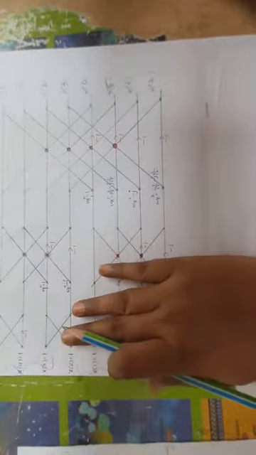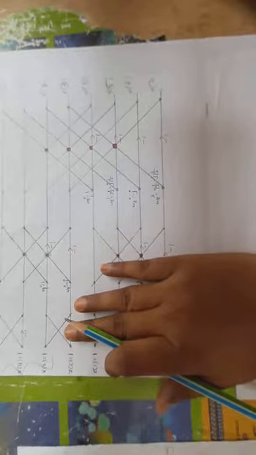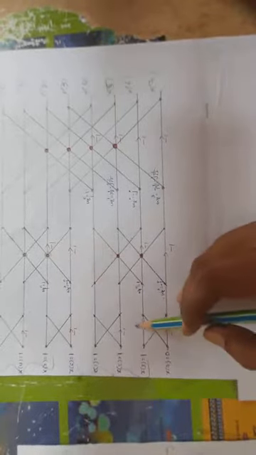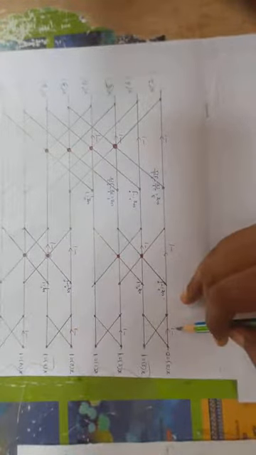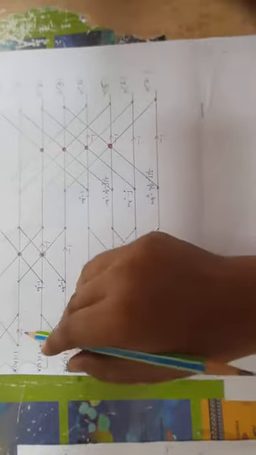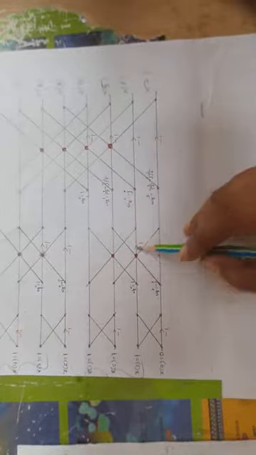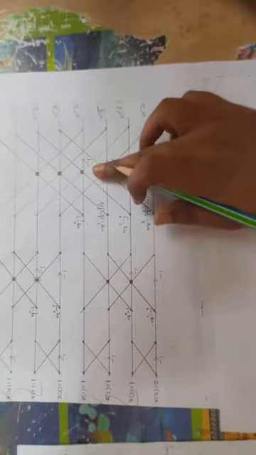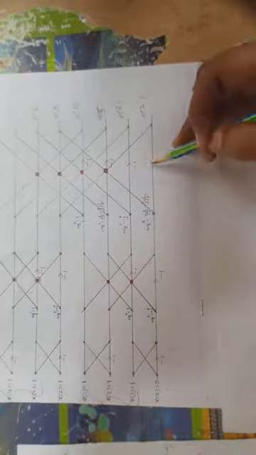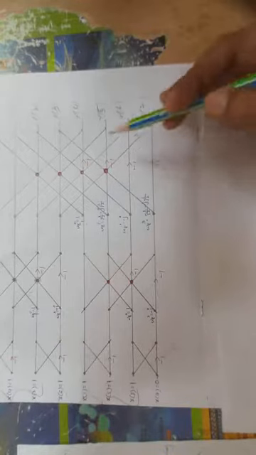Okay, so now we have to observe the first column. In the first column, the last line we have to put -1. In the second column, put -1 for the last 2 lines. And in the third column, we have to put -1s for 4 lines: 1, 2, 3, 4, 4 lines we have to put -1s.